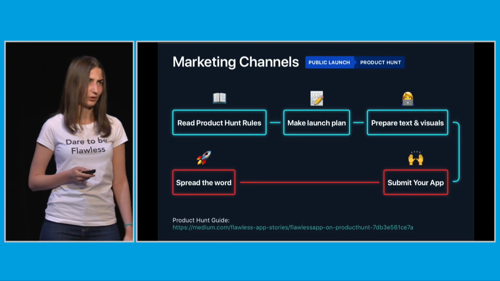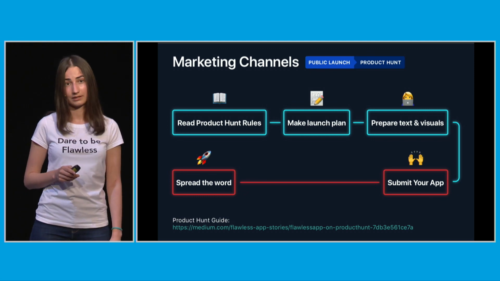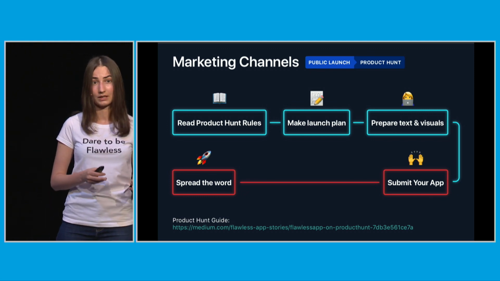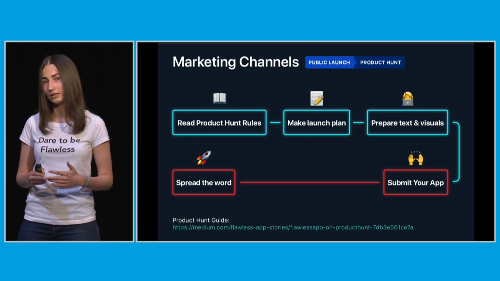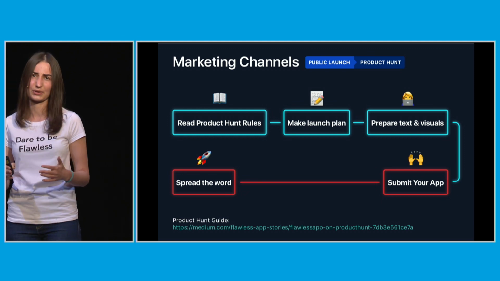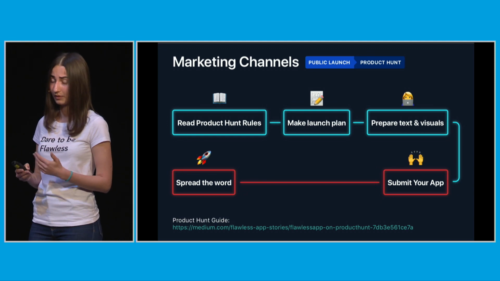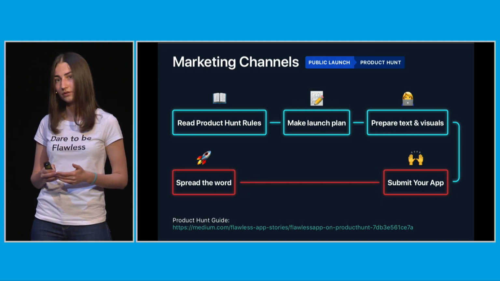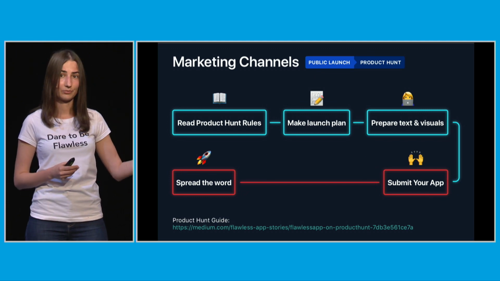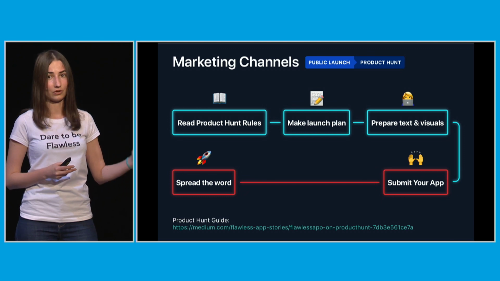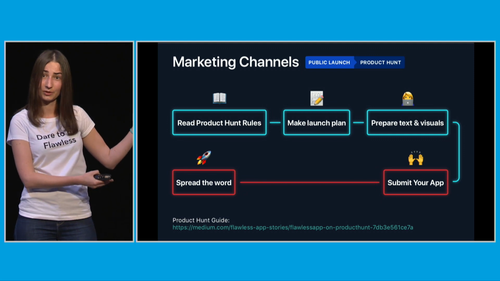But every day, dozens of products launch on Product Hunt, so you need to be really well prepared. You start with reading community guides, how to use Product Hunt as a platform, and what is better not to do. Then you set up a plan, because you have only 24 hours to get to the homepage and to get all the attention. I will share our plan in a moment. Then you prepare text and visuals. To submit your app on Product Hunt, you need to have a tagline, description, product screenshots, favicon, a long description, a comment from the maker. So it's a huge list of things you need to prepare beforehand.